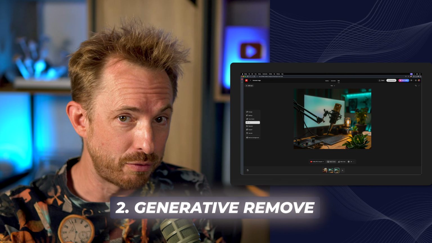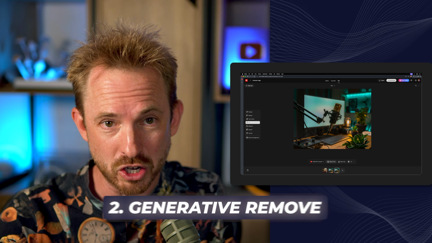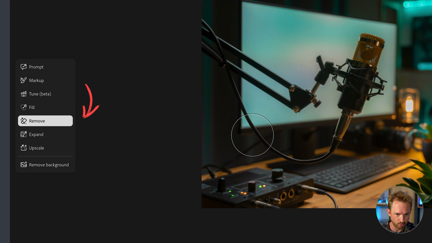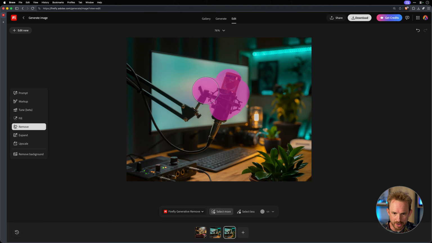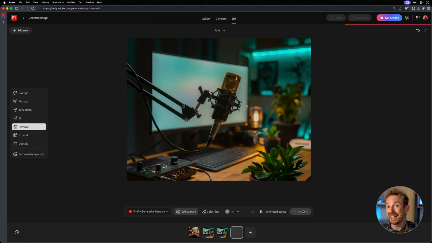Next, we've got generative remove, and this might be the tool you use the most. Anything you don't want in the shot, you can brush over it. Look at this, remove, and say we want to get rid of that microphone. Well, I can just select the whole microphone like that, boom, hit remove, and then anything you don't want in